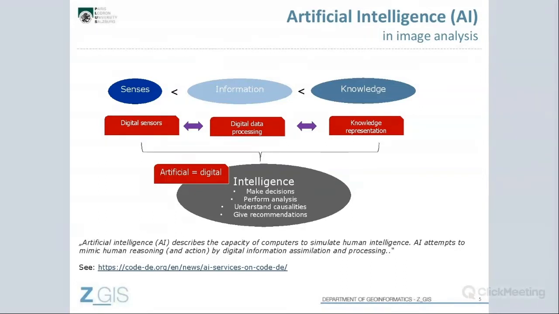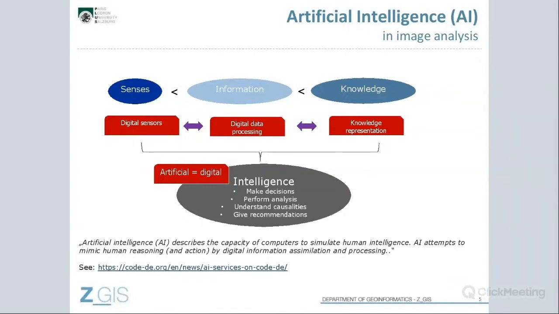So what is intelligence? It is something where we use our senses and our knowledge in order to process information. This interaction between senses and knowledge is quite important in our human capacity to make intelligent decisions. And this is obviously something that we would like to transfer to the computer. So in the digital world, it's sort of the same concept, even though we use different terms.